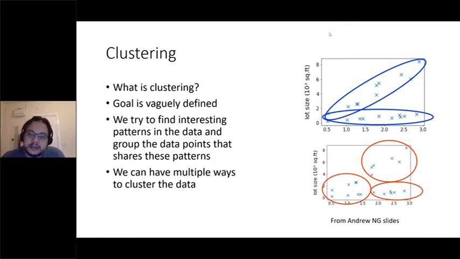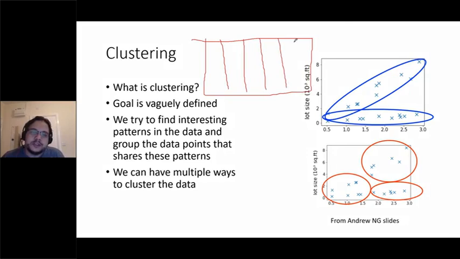When we have a data set such as this one, I'm going to draw again. We have a data set here. These are the features: height, weight, income, whatever. And generally we have here the class. In unsupervised learning, we don't have this. We only have the features, or you can call them the independent variables. We don't try to predict anything here. So you can tell me why bother doing such a thing.